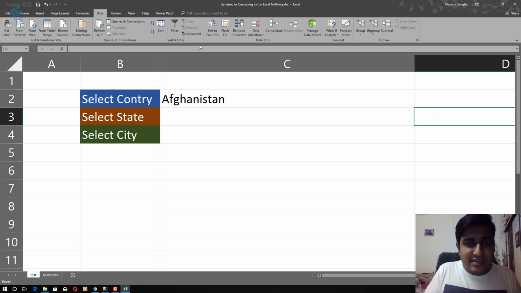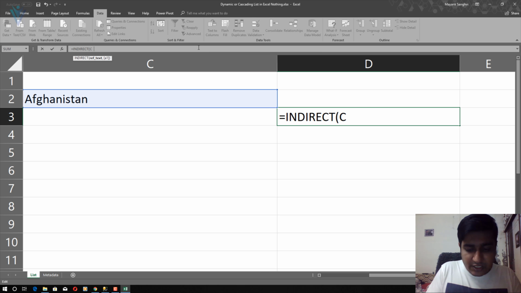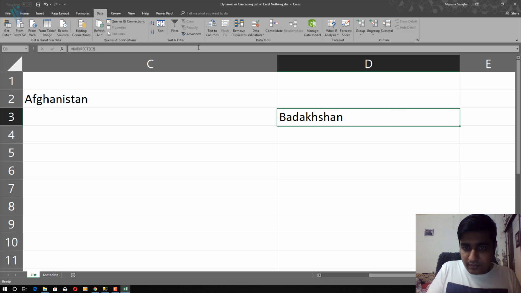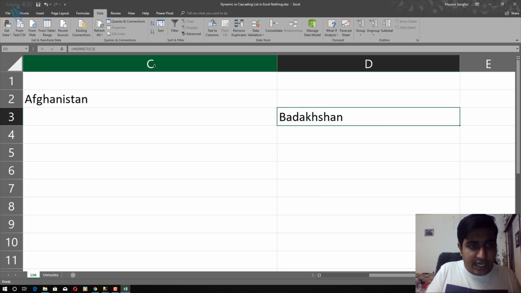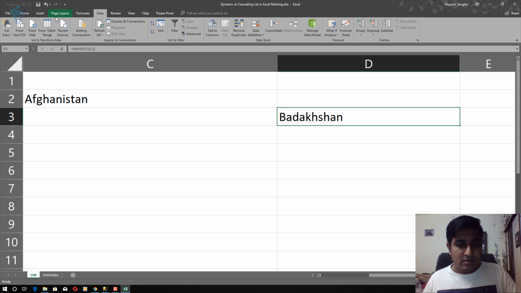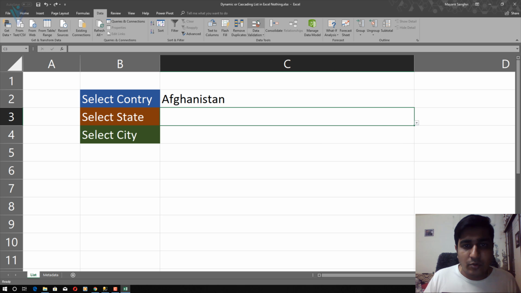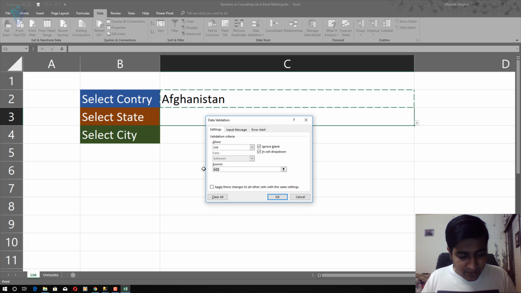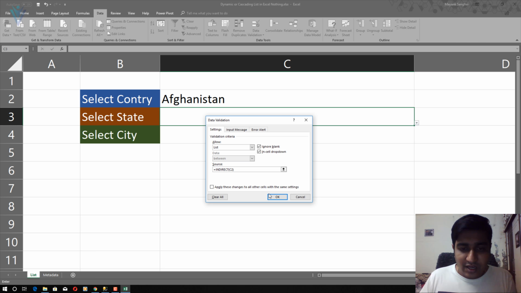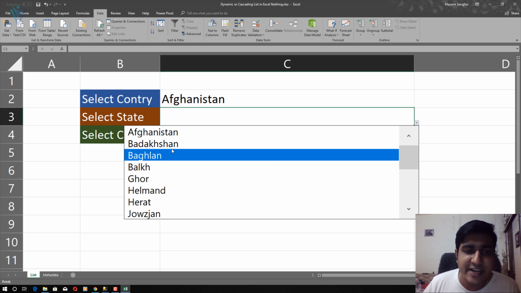Let me select any random cell, and in the random cell I'm going to type INDIRECT C2. That's it. Let me copy this, and then I'm going to select the cell for state again. Again we are going to open data validation, and we are going to simply paste the copied code. Click on OK. Now if I click on this, we are able to see the state based on